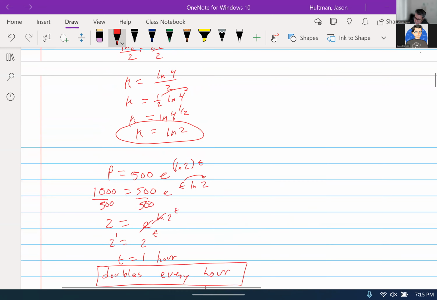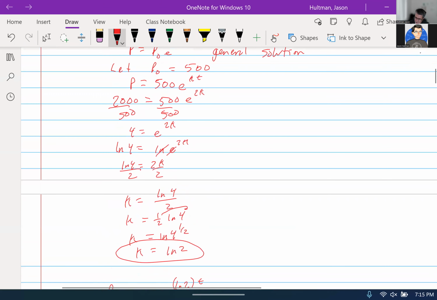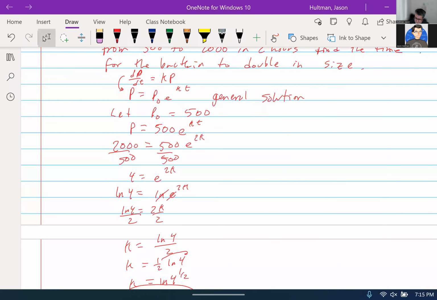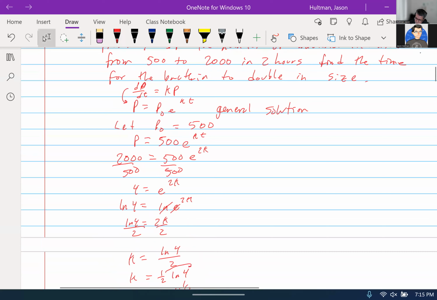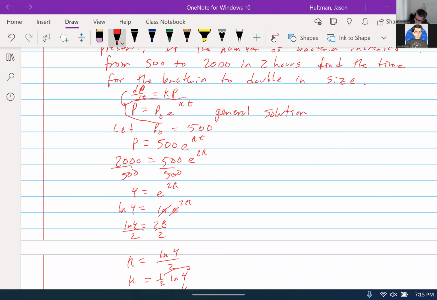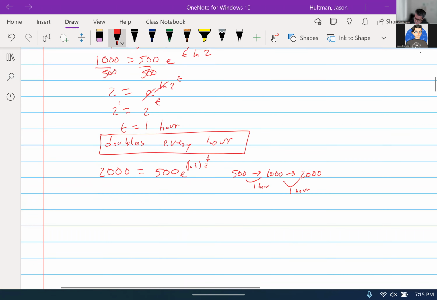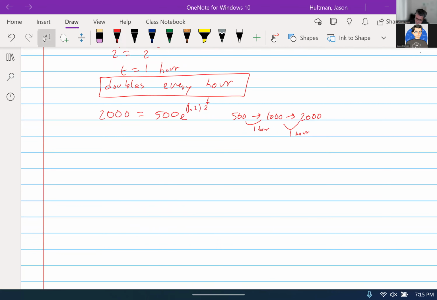Okay, we could kind of generalize this. If we didn't know what P naught was, it really doesn't matter. We could go back to our original equation here and say, what would happen if we do double? Is there a general rule for doubling? There actually is. If we go P equals P naught e to the kt, and I just let P equal 2 P naught,